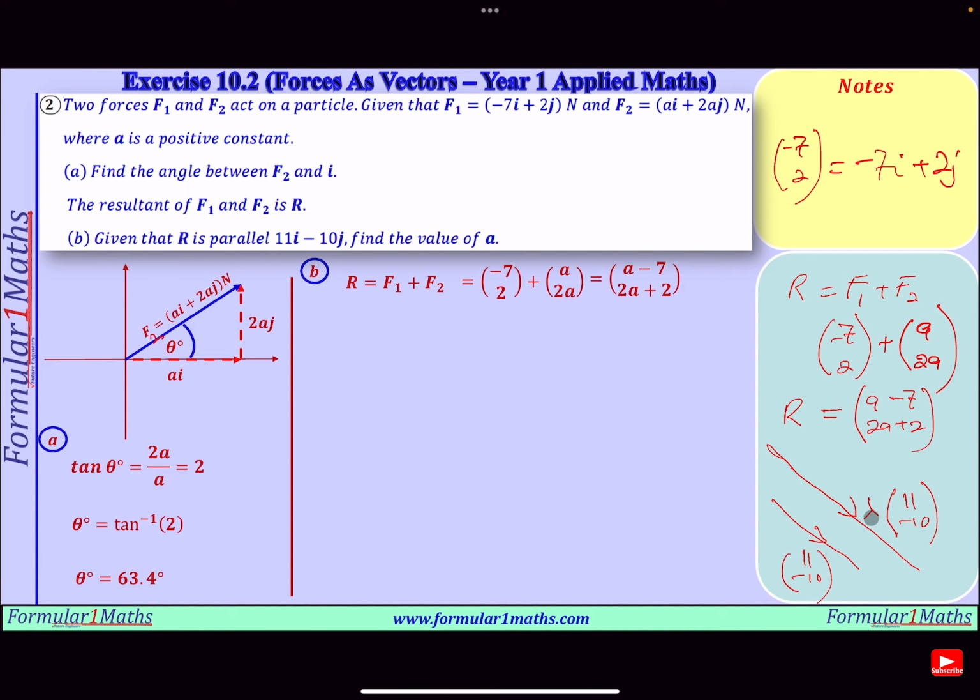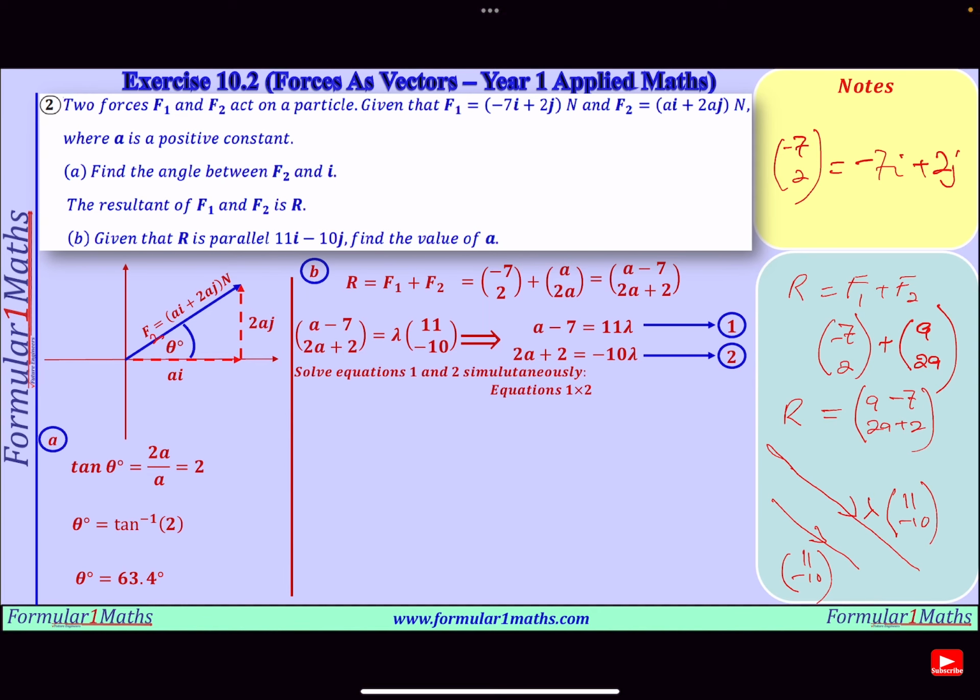being a scalar. So because they are parallel, we can say that R, which is this, is equal to some scalar times a vector. From here, we can generate two equations and solve them simultaneously for the value of A. So the first one will be A minus 7 is equal to 11 lambda, and the second one will be 2A plus 2 is equal to minus 10 lambda. Now we can proceed to solve the equations simultaneously